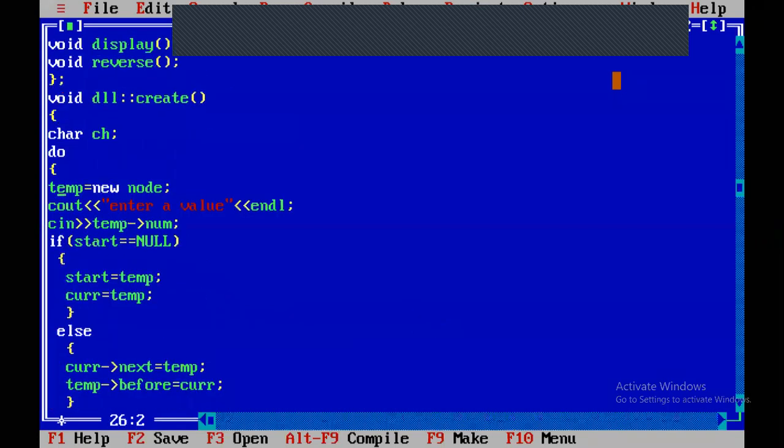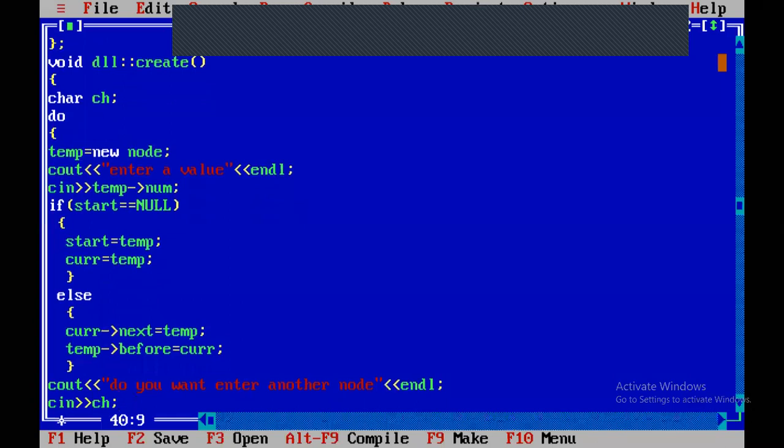First of all, you have to allocate the storage. How can you allocate the storage? temp equal to new node. After that, you have to enter a value: cin temp arrow number. If it is a first node, how do we say that it is a first node? If start equal to null, you have to assign start and current equal to temp. If it is not a first node, you have to connect first node to second, second to first: current dot next equal to temp, temp dot before equal to current.